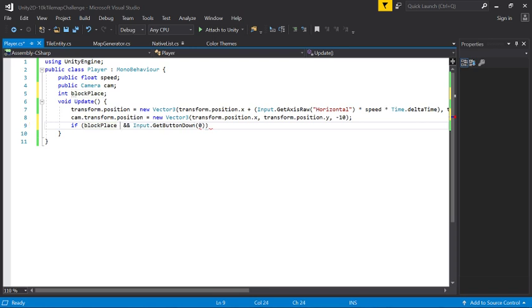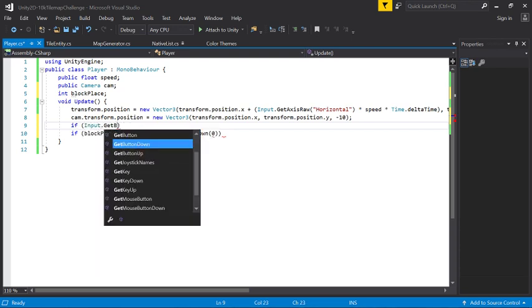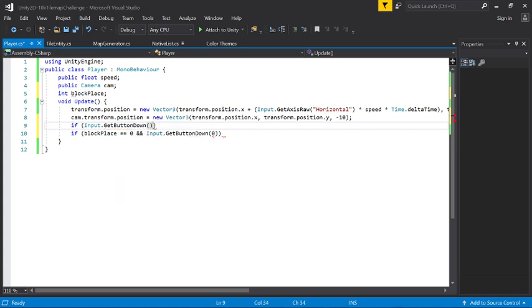So block place is equal to 0, and our input get down button is equal to... actually, no, it's stupid. If input get button down is equal to 0. Yep. So then instead I'll do if block place is equal to 0, and I'll put that under that, then I can code this around that. And if that's true, then